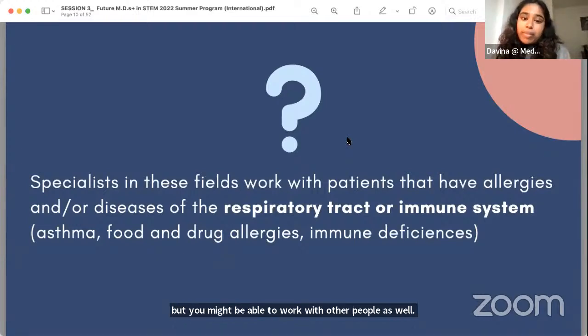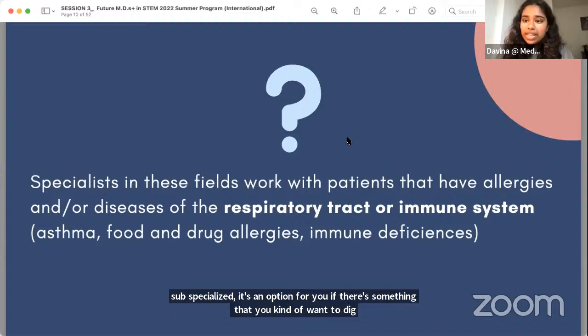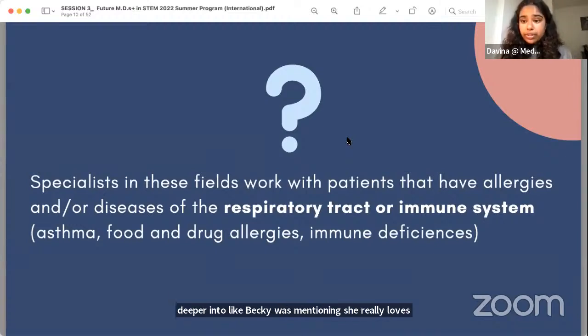Someone else is asking if med students are required to subspecialize along with the main specialization. You do not, and Sajid said this as well, you do not have to subspecialize. It's an option for you if there's something that you want to dig deeper in. So like Becky was mentioning, she really loved neurology, but she wanted to focus on the child side of it because that was what was really interesting to her and how kids tend to bounce back a lot quicker. And that's what she really wanted to study. So if you're passionate about it, you can of course choose to subspecialize, but it's not really a requirement. Going to residency in most cases is a requirement, like she was talking about as well, but it's not the only thing that you have to do.